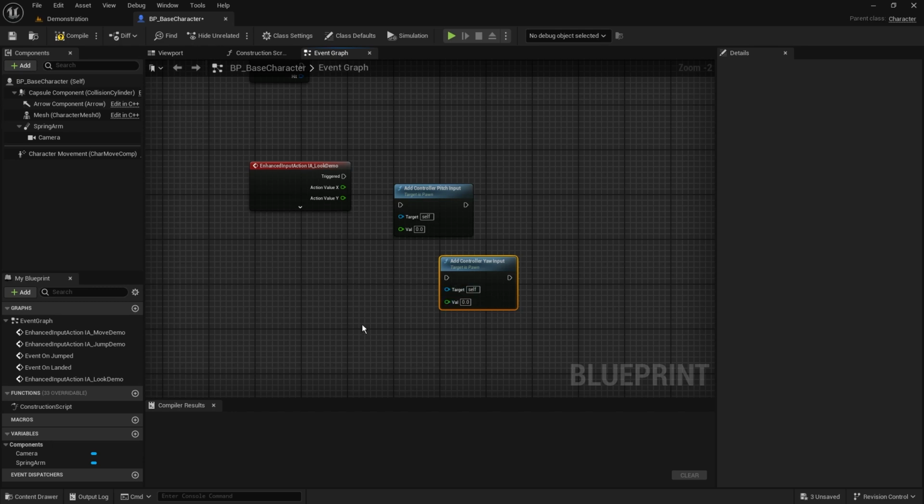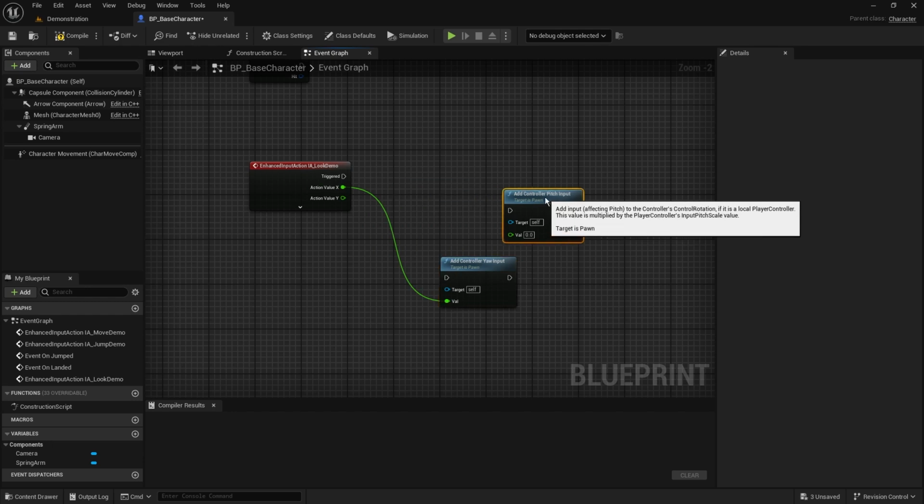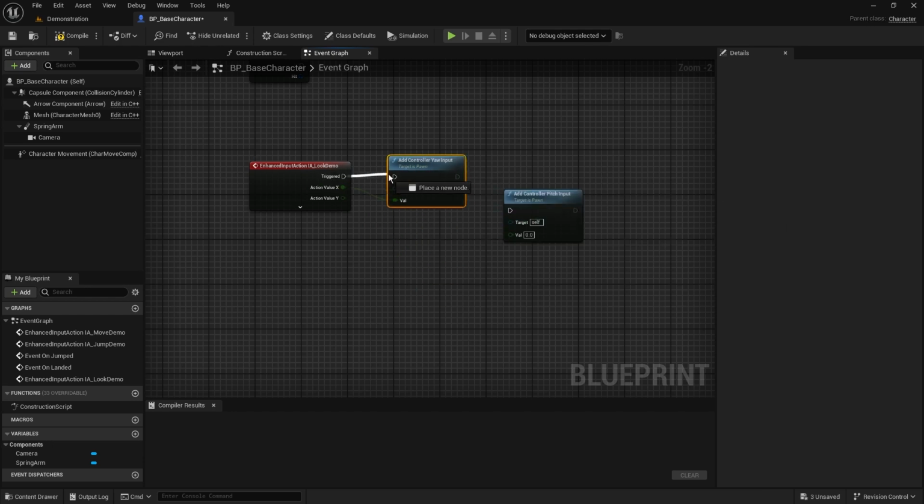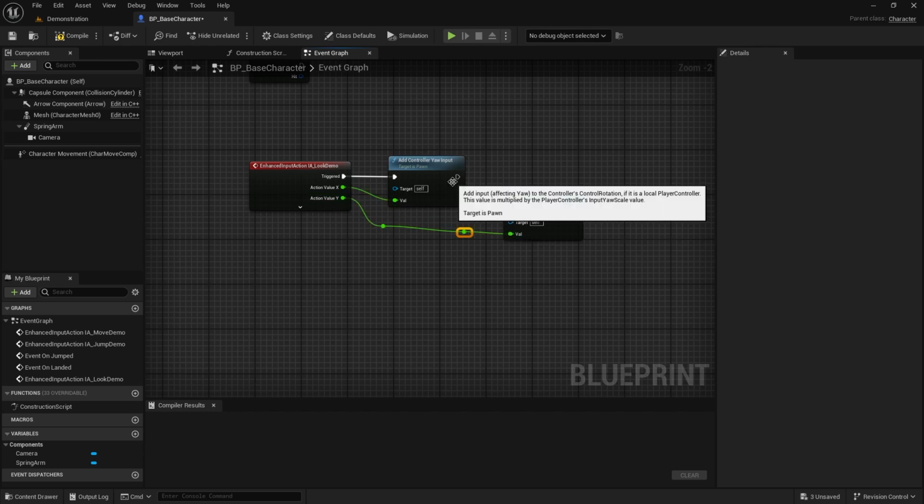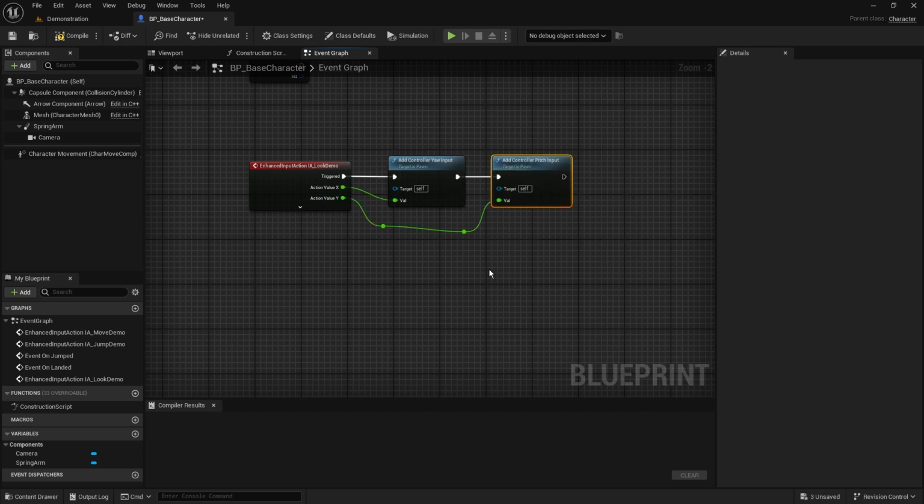If we think about Z being an upwards facing arrow, then rotating around that is going to be us looking to the left or looking to the right. So I'm going to just take X and plug it in as the value in there for the yaw. And I'm going to take the Y and plug it in as the value for my pitch. Okay, and let's just get all those connected, get it all tidied up a little bit, and let's just compile